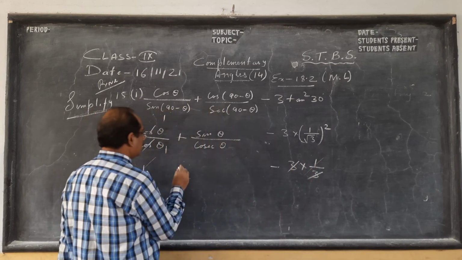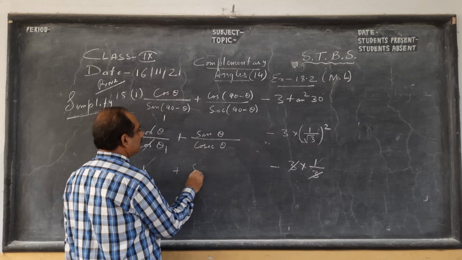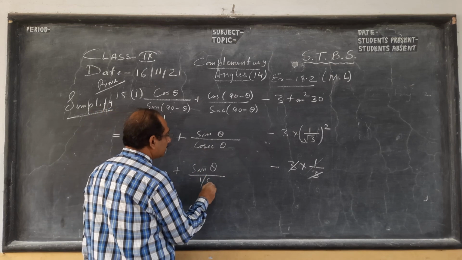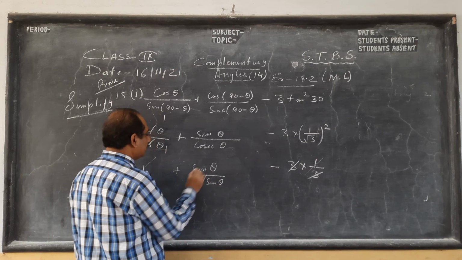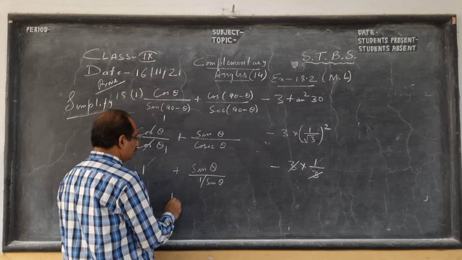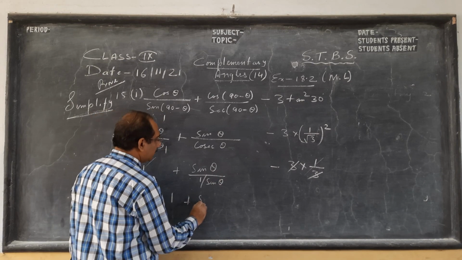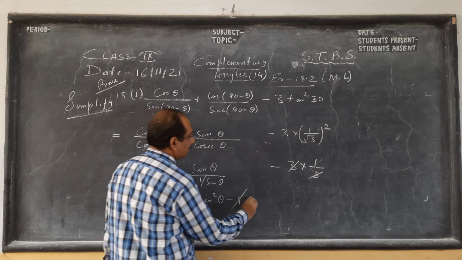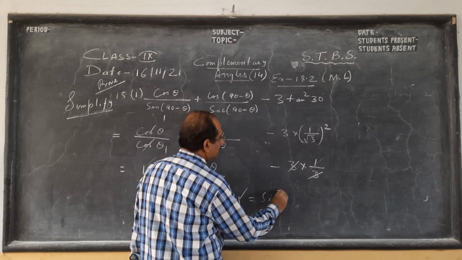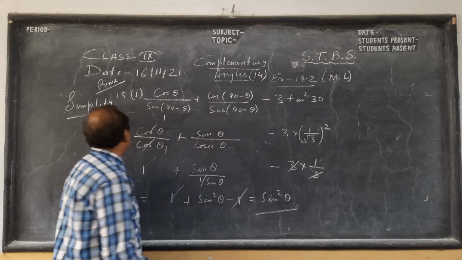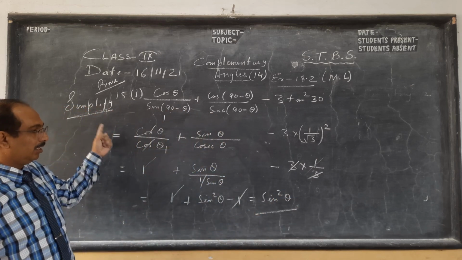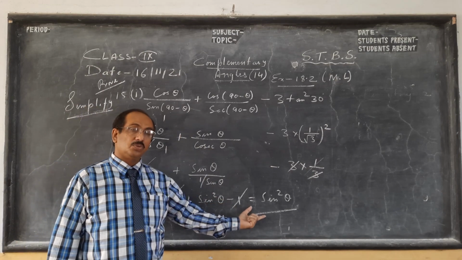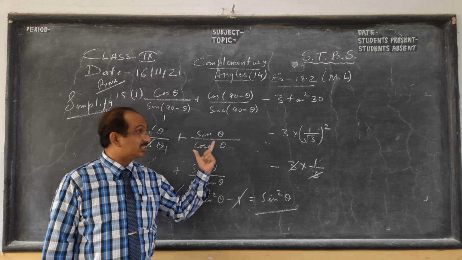But here, the most important thing is we will get sine theta, cosec is 1 by sine, and the denominator goes up. So this is 1 plus sine squared theta minus 1, this will cancel. So your answer will be sine squared theta. This is not evaluate, this is simplify. So your answer will be sine squared theta when you cancel. Always you don't get 1, 2 or 3 because this is simplify.